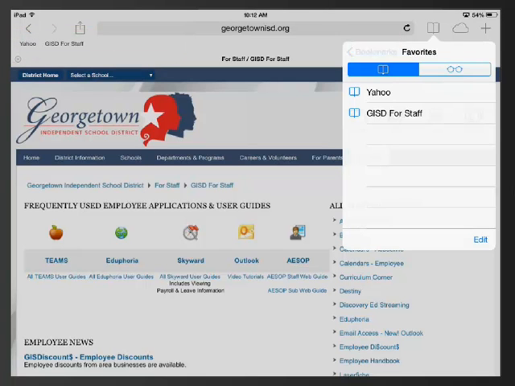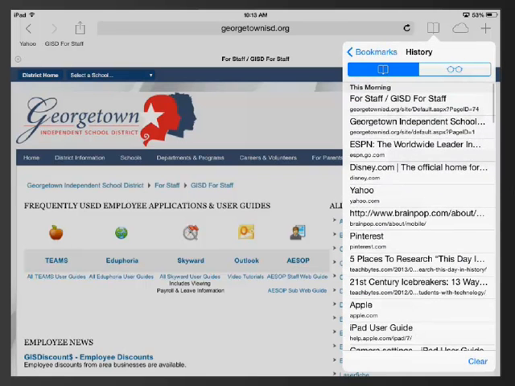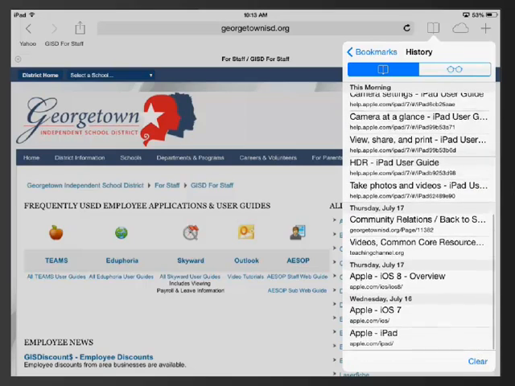I'm going to tap Bookmarks right here in this drop down menu just to get back to my basic bookmarks. While we're here, I'll show you one more feature, which is your history. If you were browsing a website earlier and want to see if you can find it again, you can tap History, and you can see that everything I've gone to this morning is showing, and if I continue scrolling down, it will go back by date. So there's Thursday the 17th, Wednesday the 16th,